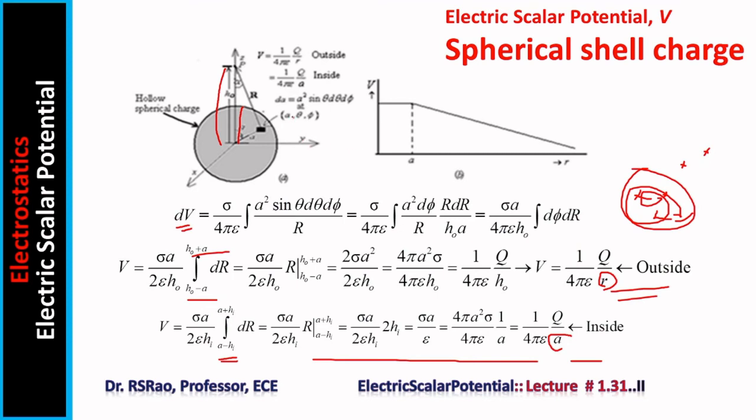Here one small correction. This should be theta prime, phi prime. Here also it should be theta prime, d theta prime, d phi prime. Before going further, I want to mention one fact. The coordinates, differential areas and differential lengths pertaining to the source point are indicated with primes, whereas differential lengths, areas and volumes pertaining to the field point are indicated without any prime. This convention is followed to avoid any confusion.